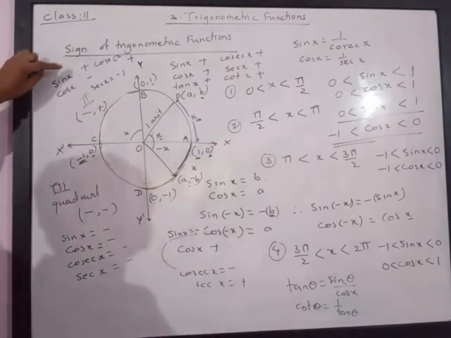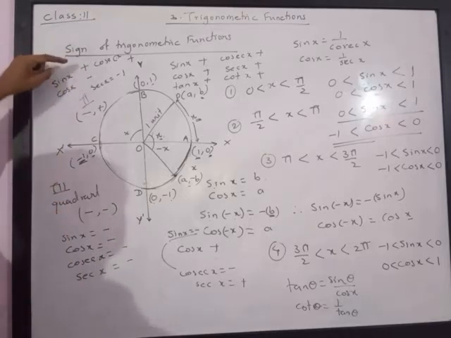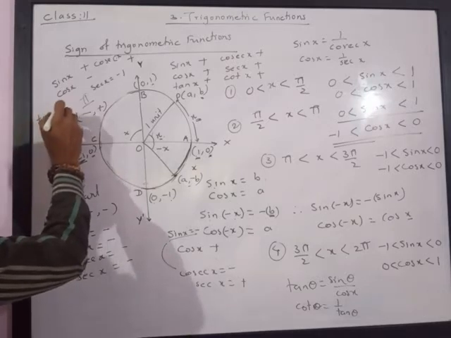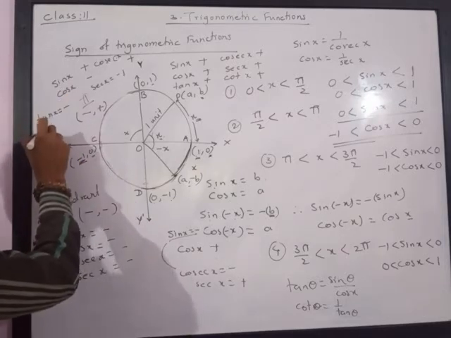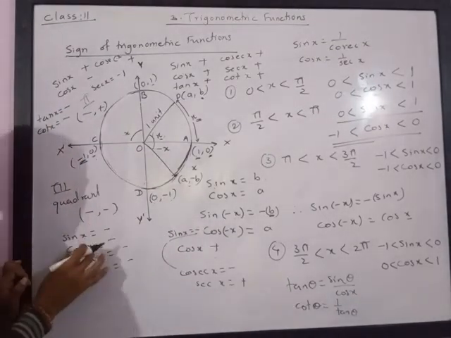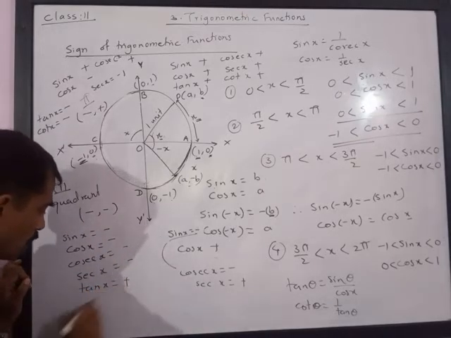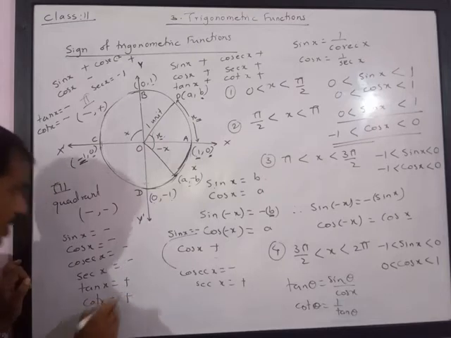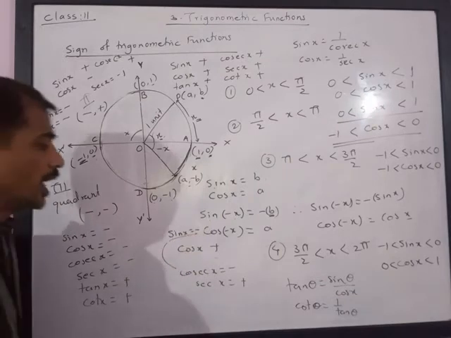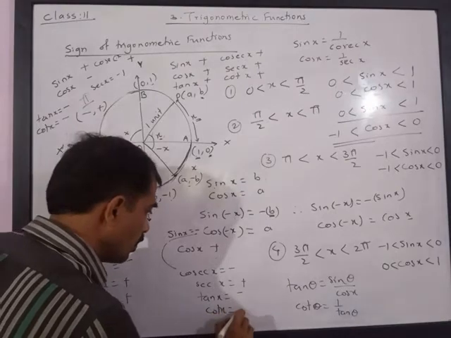Now here let us see. One is negative: sin x is positive, cos x is negative. So positive upon negative is negative. It means tan x is negative, so cot x will also be negative. Here both are negative: sin x upon cos x, negative upon negative cancel, so we get tan x positive, and so cot x will also be positive. Here sin x is negative and cos x is positive, so one of the ratios is negative. So we get tan x negative and cot x also negative.